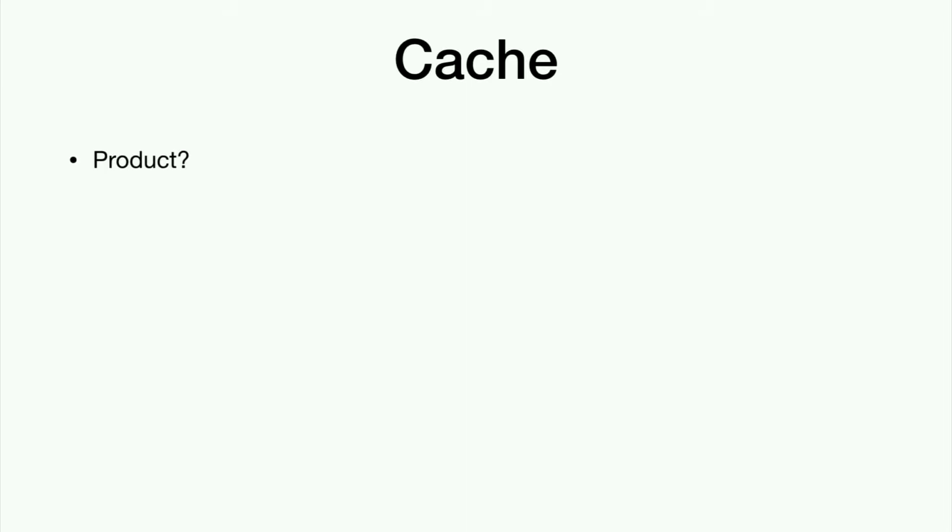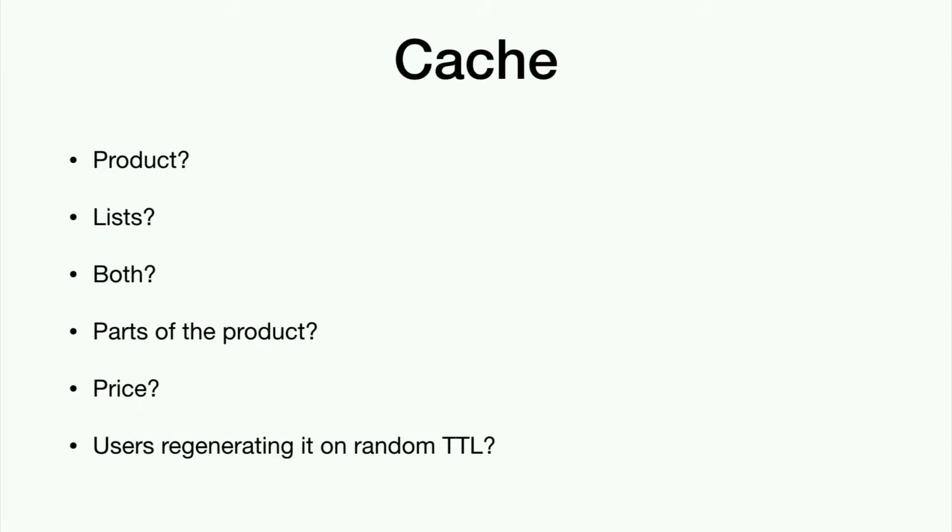And that's because you don't know what to cache as well. Do you cache the product itself? Do you cache the lists of products? Do you cache both? Do you cache just parts of the product? Do you cache a title, images separately, description separately, price eventually? Just the price or with the product? What kind of TTL? Do you generate random TTLs for that cache, or just users randomly regenerating the cache over and over and over? It's difficult for such a big project,